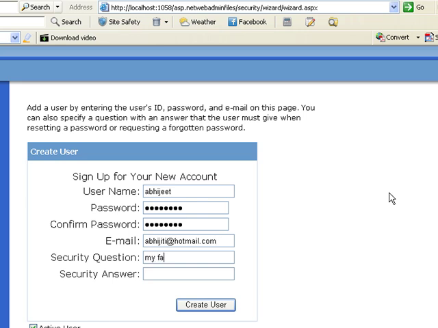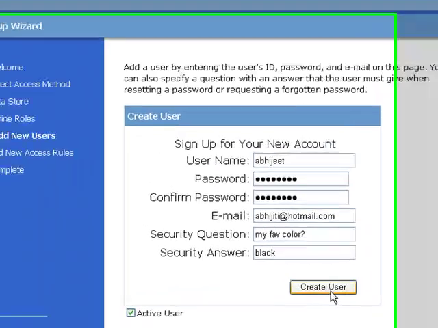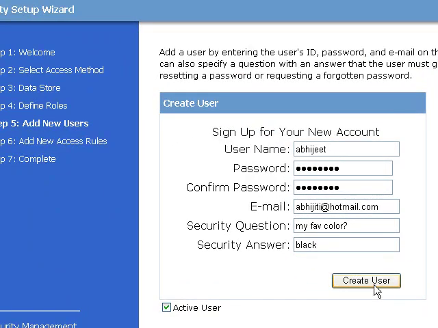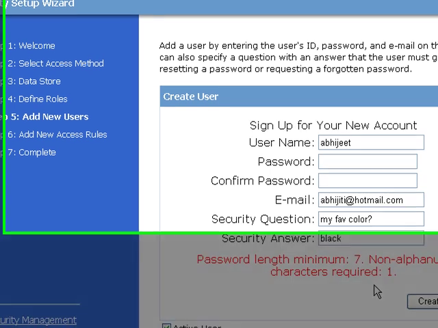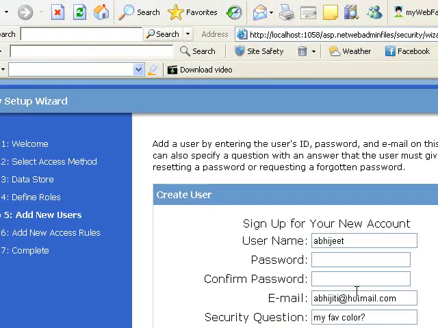Security question, my favorite color, and the answer is black. When I click on create user, guys, remember my password is 6 characters long, but it doesn't have any non-alphanumeric character, so it will not accept it. Just look very clearly. It is clearly mentioned that the password must be a minimum of 7 characters and 1 non-alphanumeric character is required. So I typed my password